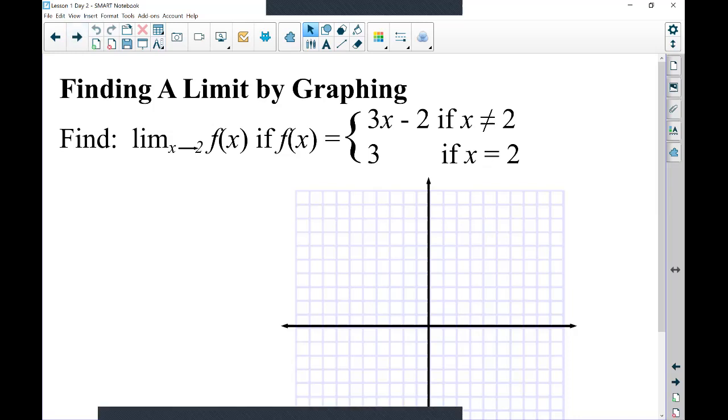So we have that point, and then the graph